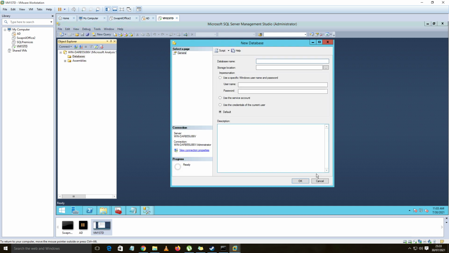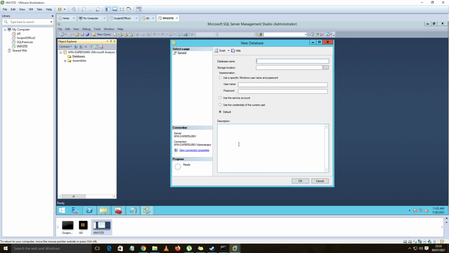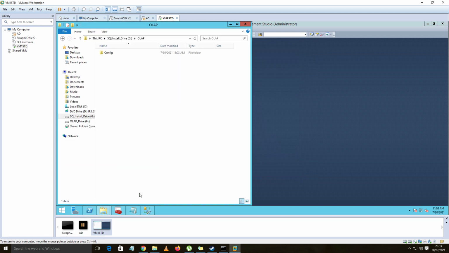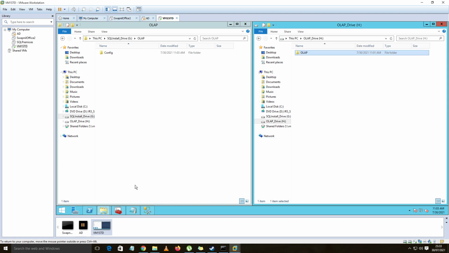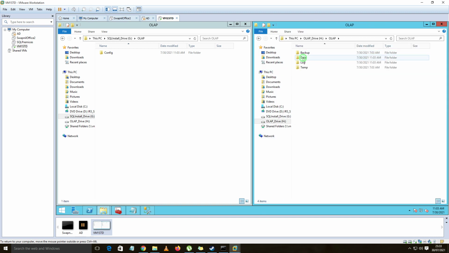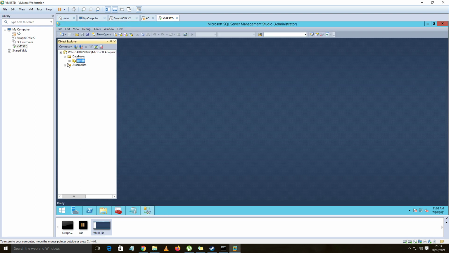Okay, disconnect and connect it. Okay, fine. New database, testdb, created. So there was an access issue, it was there. If you see, it should get created under the data directory, and this folder is created for testdb. So fine, all looks good.